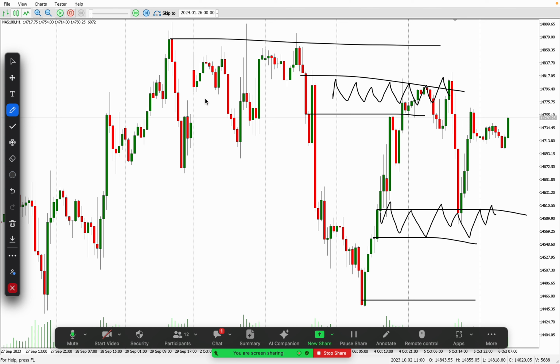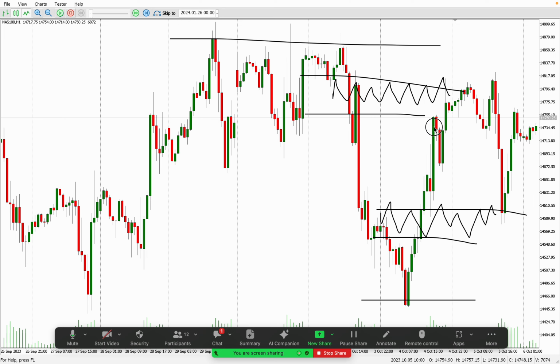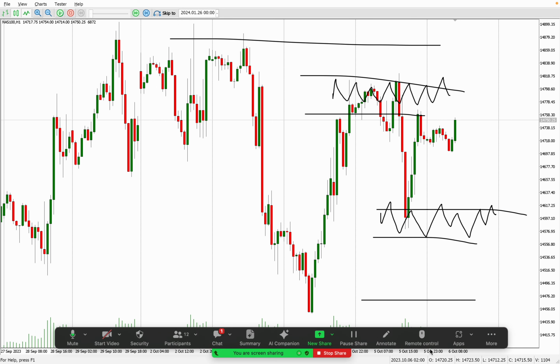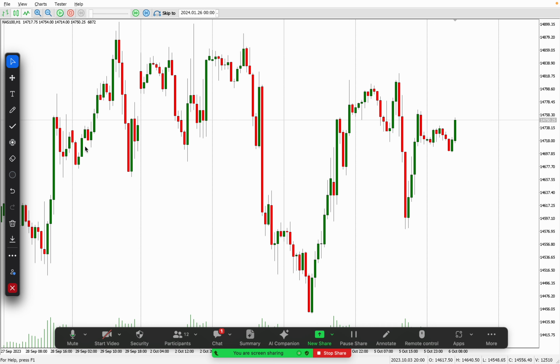All right, so let me just get to the interesting part of this lesson. So there is buy side liquidity resting in here. Okay, let me remove all annotations. Let me annotate. Clear all drawings. There's some buy side resting in here and up there, but I'm not interested in that one because it's from